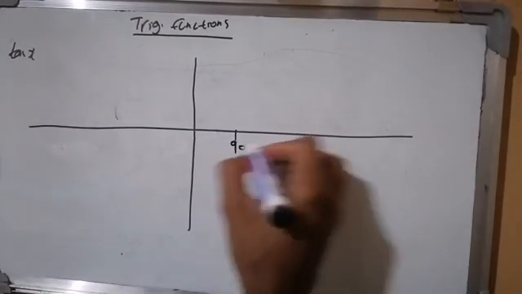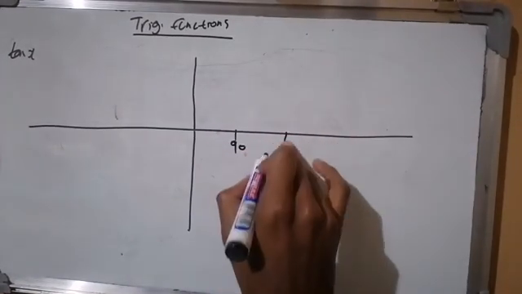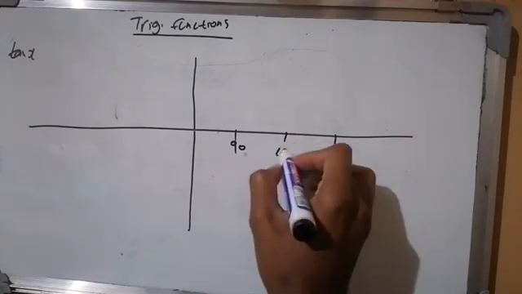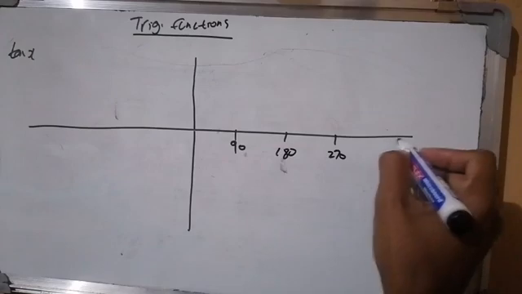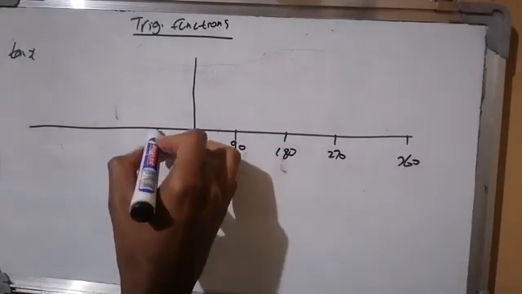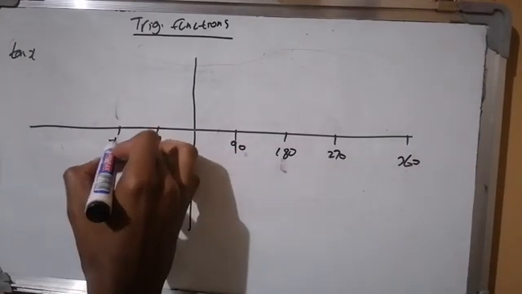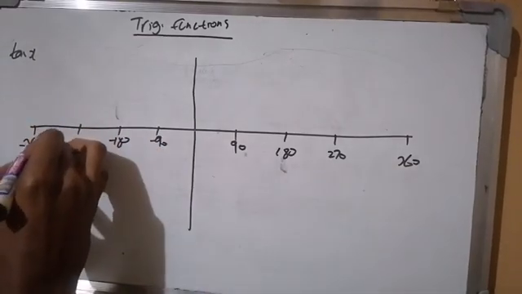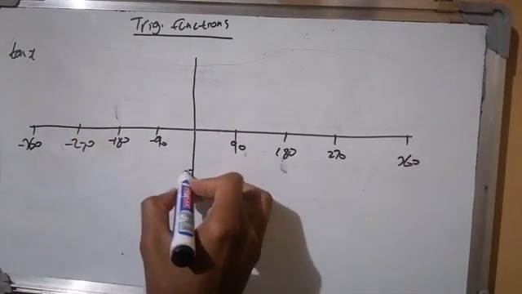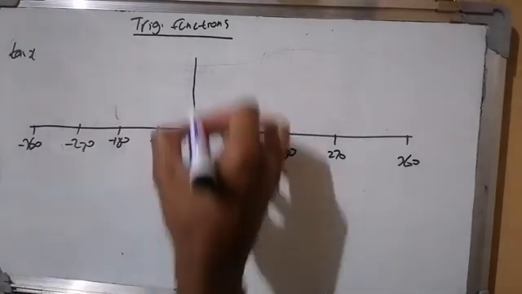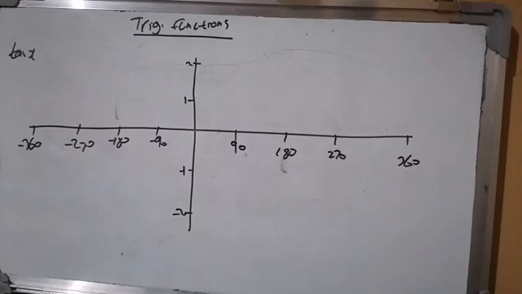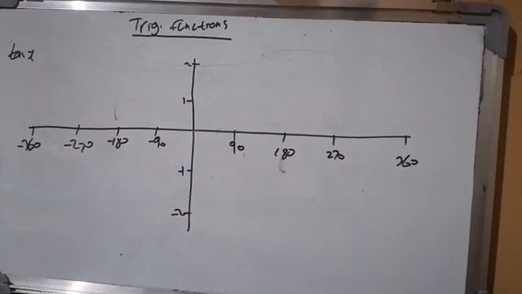I'm gonna put 90 here, 270 here, 180, 270, 360, -90, -180, -270, negative this, then we have -1, -2, 1 and 2. Before you do that, the graph of tan has what we call a vertical asymptote at